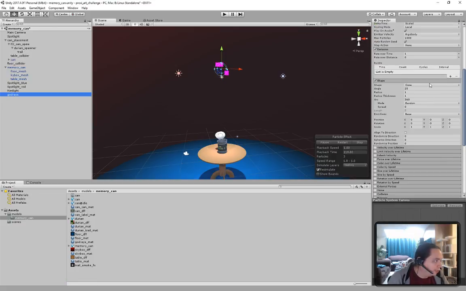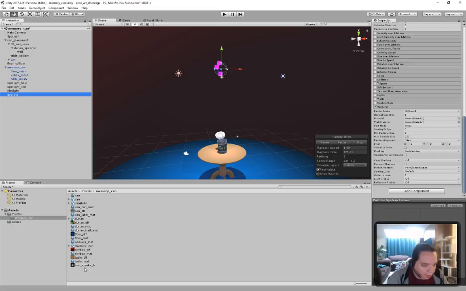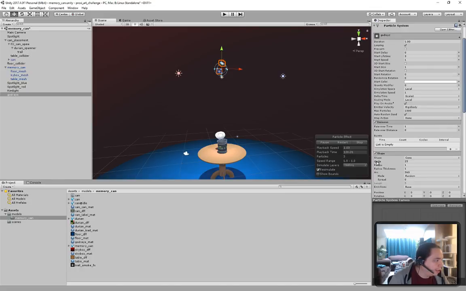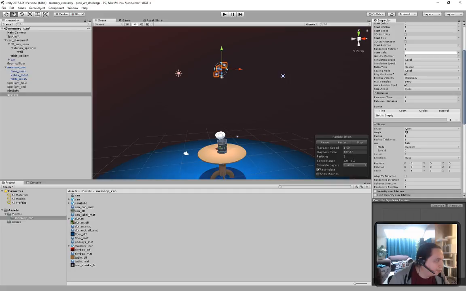Get our God Rays, our renderer. We're going to use our God Rays material. Yeah, and these are still drifting around, which is not exactly what we want, but we will control that through shape. We have a cone,